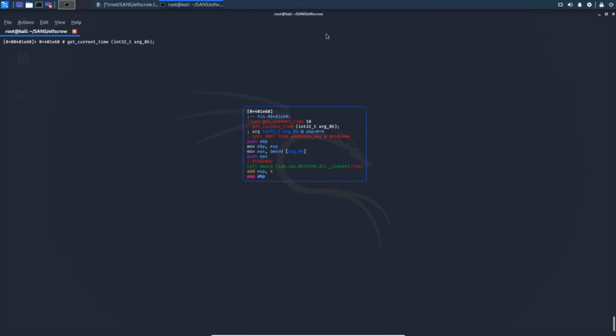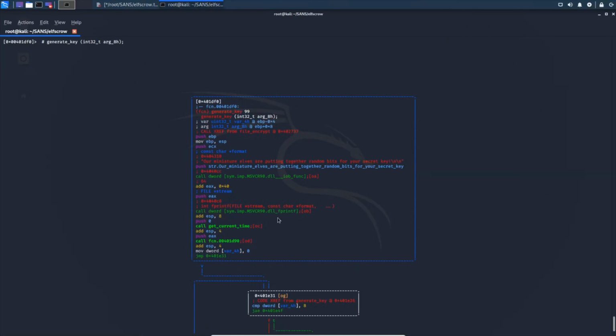Now let's copy paste this, put it into our text file. Go back into our debugger. So this is get time. So it gets the current time since 1970. So it's that epoch time value that we saw, right? So let's go and press U. So now we see call get current time. Let's go into the next one,